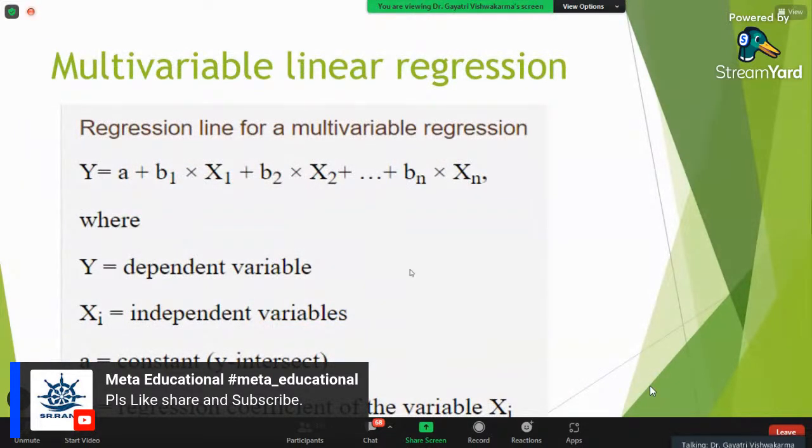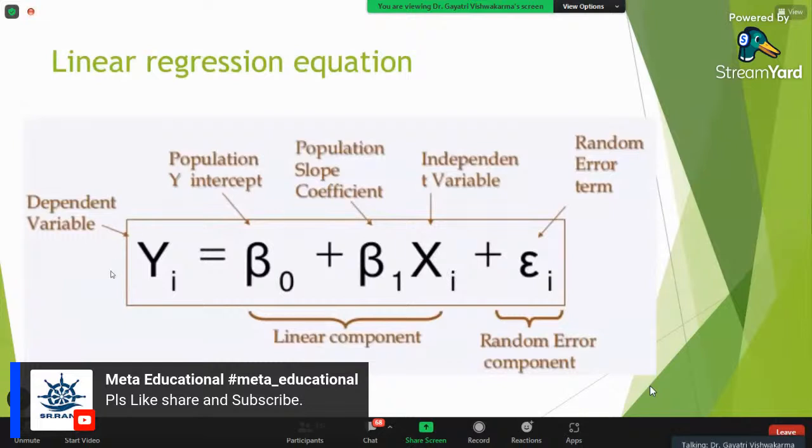Now, this is when we are talking about when we have only one variable to predict y, okay? But what happens in general? We cannot say that just one variable is associated with or affecting y. Let's say for the COVID pandemic, there could be a number of factors, okay? Whether a person is vaccinated or not, whether a person is going out for work or not, male or female, and whether the person has comorbidity or not. A number of factors can affect whether the person is going to get affected by COVID or not.